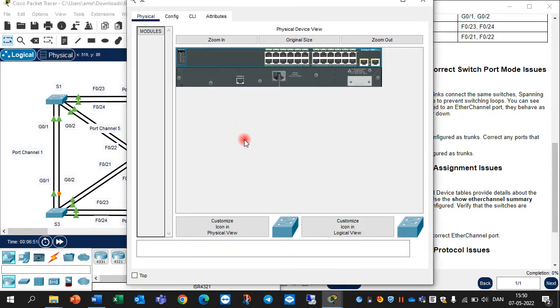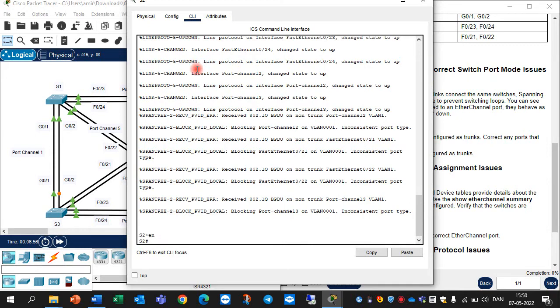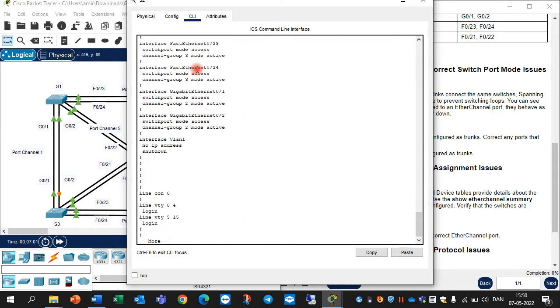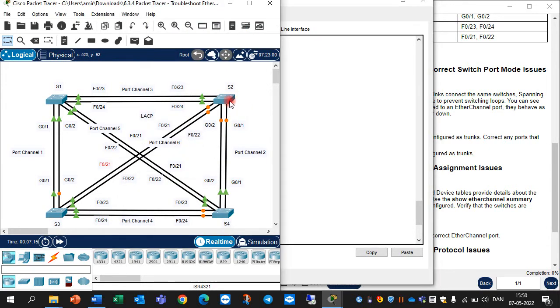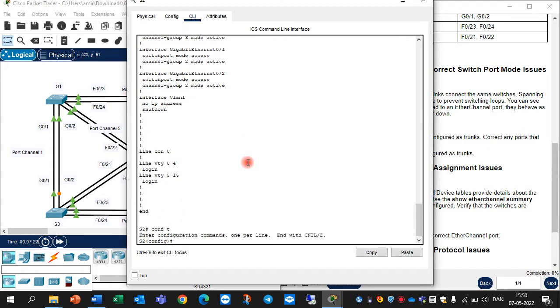And what about switch 2? You should go here to switch 2 in enable mode, and right here again show running-config, and you can see the first problem is here. All of the interfaces here are configured as access mode, and that's not correct, and they cannot communicate together. In this situation, to correct it, you should go to config mode,